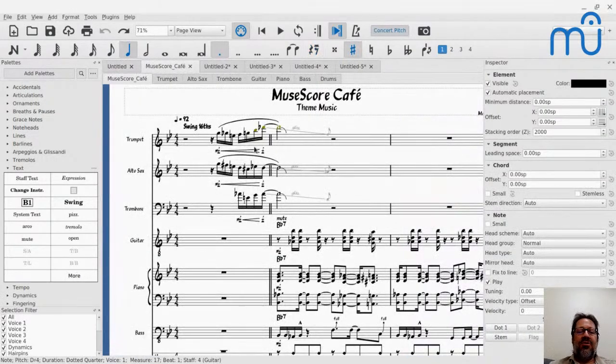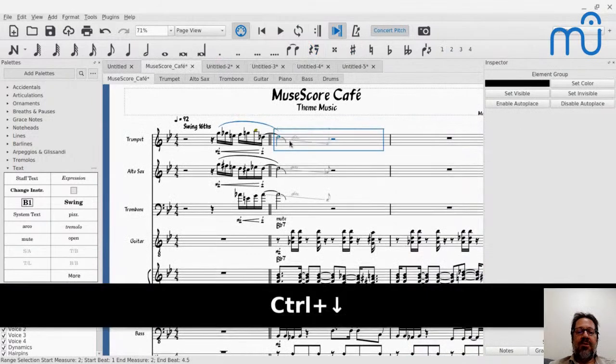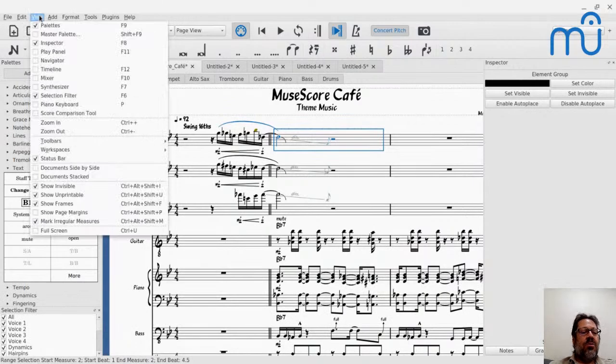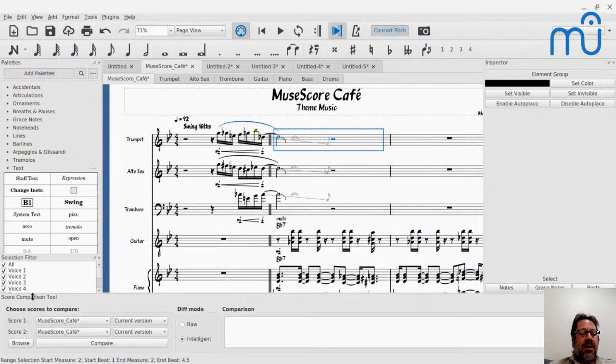Let me make some changes to my MuseScore Café. I'm just going to move that note down an octave. I'm now going to go to View, Score Comparison Tool. And now you see the MuseScore Café current version is score 1, score 2 is the MuseScore Café last saved version. And you can also load a completely different score in here using the Browse button. When I hit Compare,